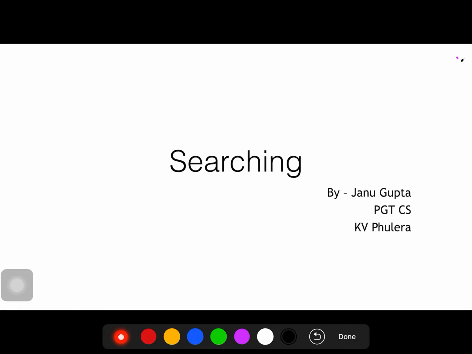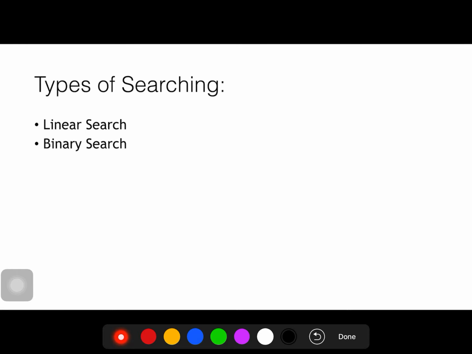As we all know, every application supports searching: search by name, search by roll number, search by marks, etc. To give this functionality to your application, you have to write code for searching. And to write code for searching, you have to understand what search is and how to perform it.